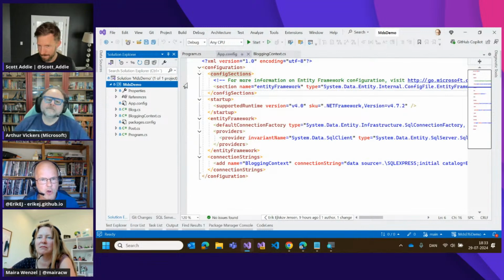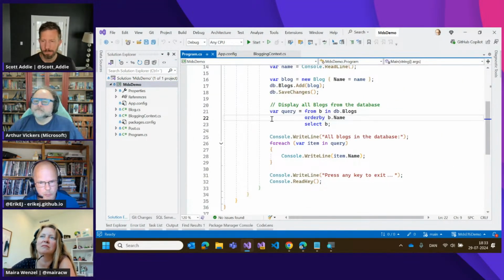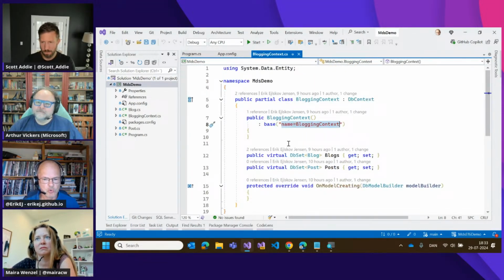Now I'm going to upgrade this app to use the new provider, which will enable us to take advantage of what we talked about before, Microsoft Data SQL Client and all the interesting authentication methods. But first, I will simply switch to that package and enable the app to use that package, but still against my on-premises database server.